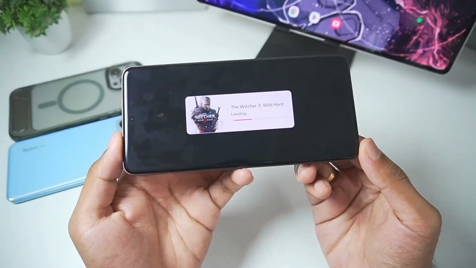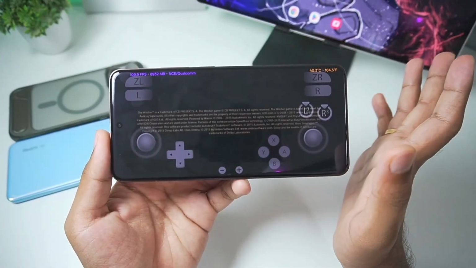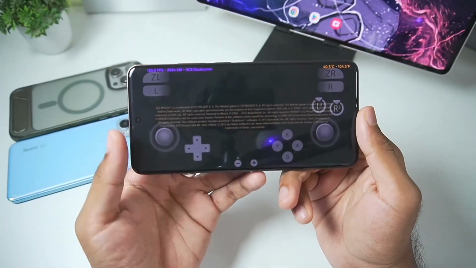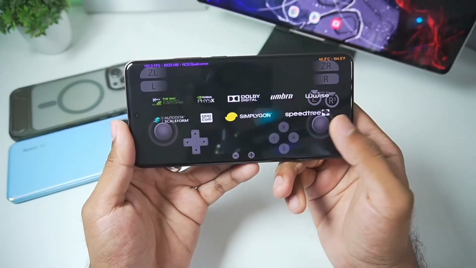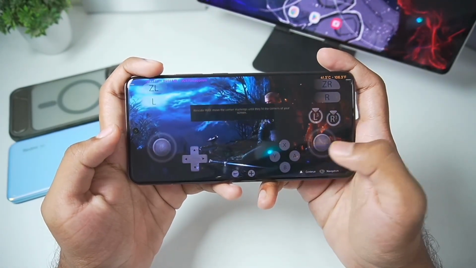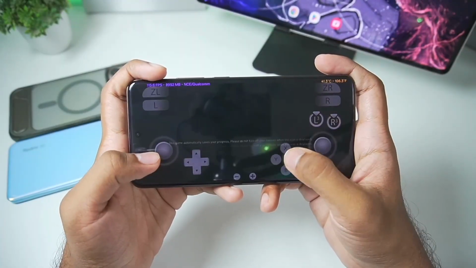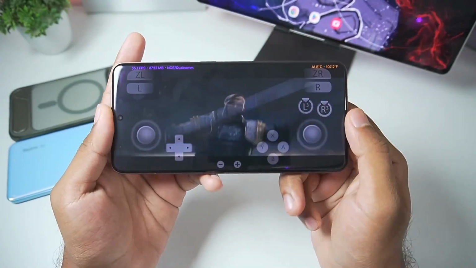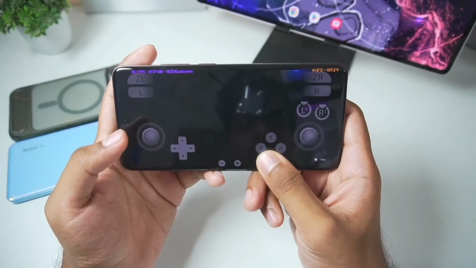Let me just go ahead and try out Witcher 3 Wild Hunt as well. I'm unsure if this game will show any graphical output or not because we are using a Snapdragon 8 Elite processor Android device, but I guess there is only one way to find out. So here, the Witcher 3 Wild Hunt, let's just go ahead and tap on the A button and start ourselves a new game. So here we go, the cutscenes are actually being loaded, but what we want to see is